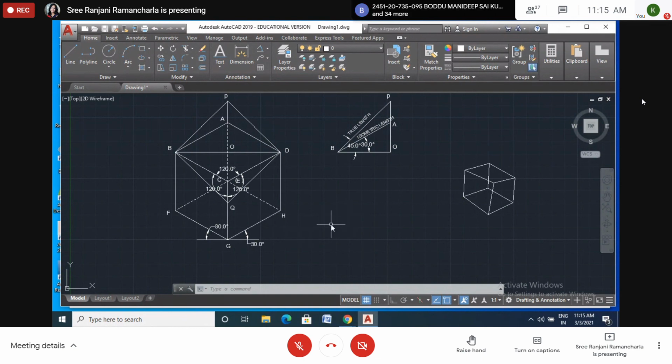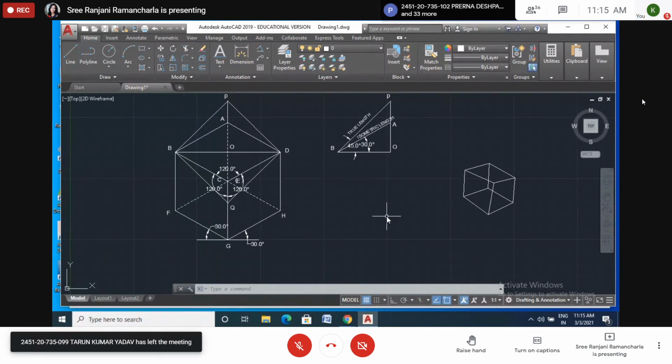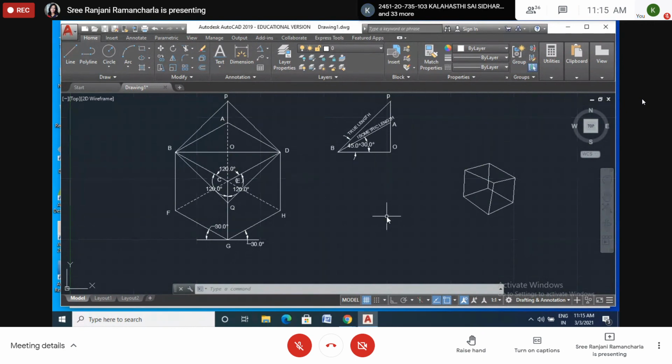I am unable to see my face in the screen, so I am unable to explain. When you come to the class, I will explain with the solid. I am having a big cuboid here about 15 centimeters by 15 centimeters by 15 centimeters. Just take any box, keep solid diagonal horizontally, then you will get solid diagonal CE horizontal. Then all edges will be inclined to VP and HP. While you come to the college, I will explain you.